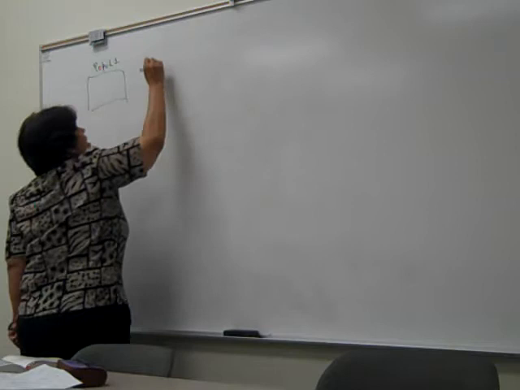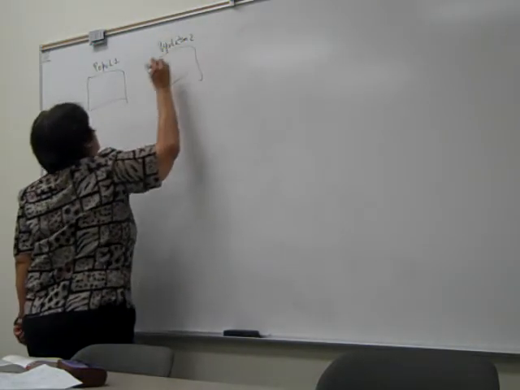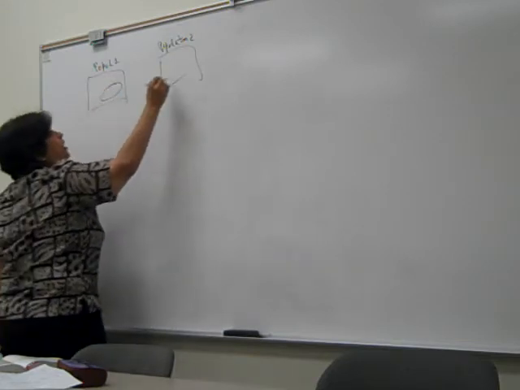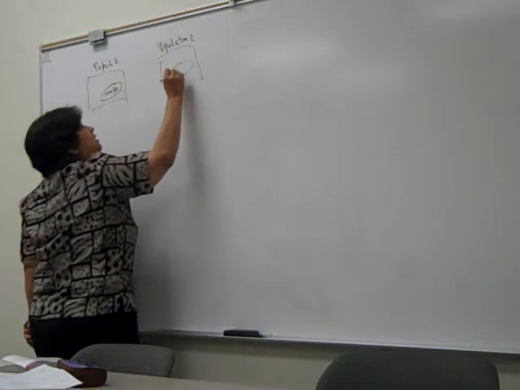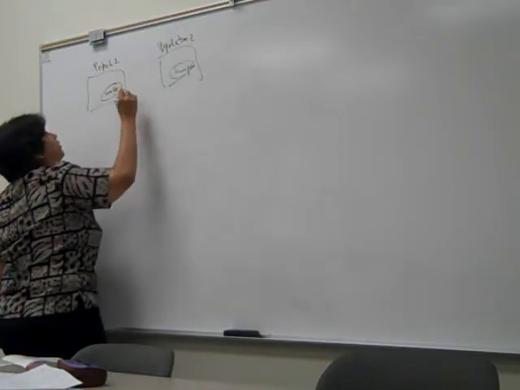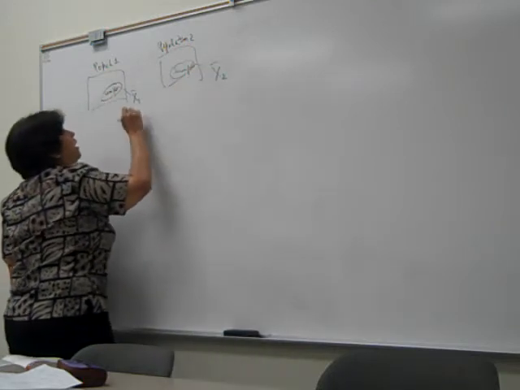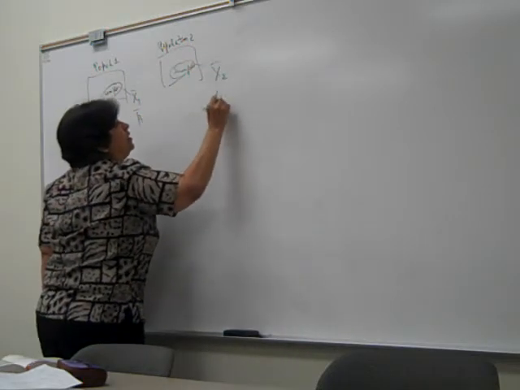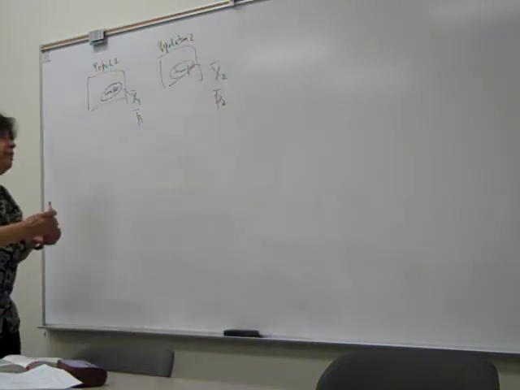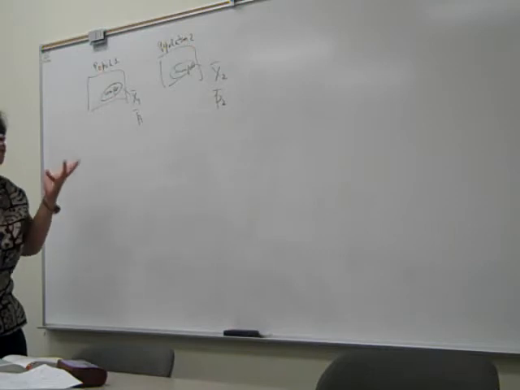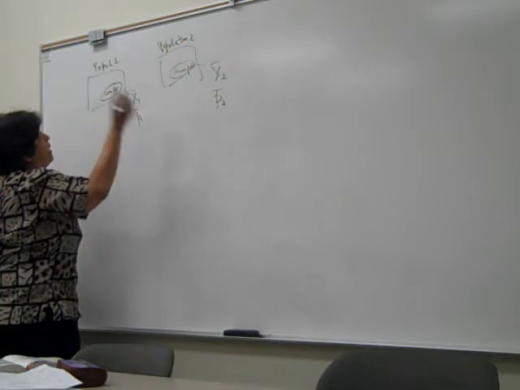population number 1 and population number 2, so we have two populations. And from each one of the populations, we are going to get a sample. And from that sample, we are going to get x1 bar, x2 bar, and p1 bar, and p2 bar. x1 bar is the mean of the sample, and p is the sample proportion. And we are going to make inferences about the population parameters,